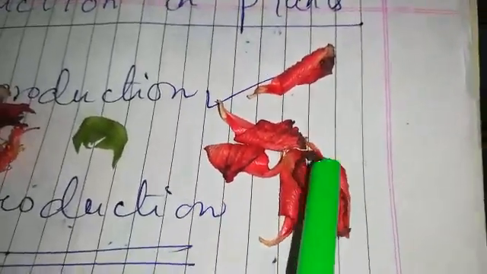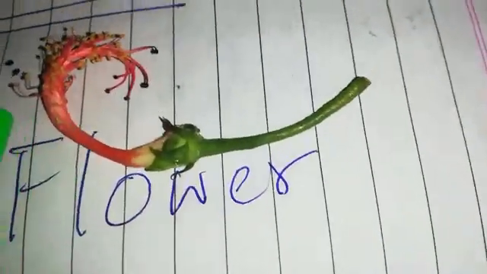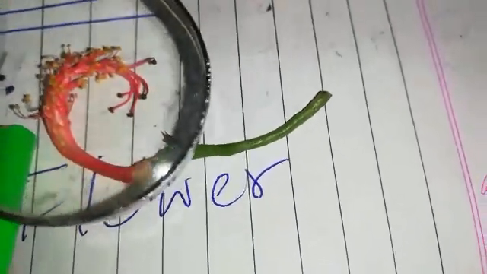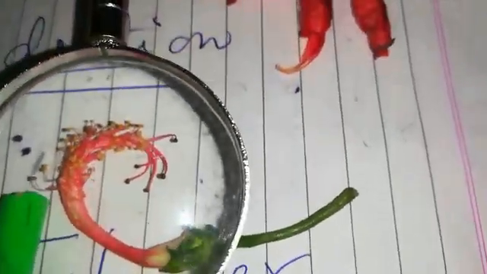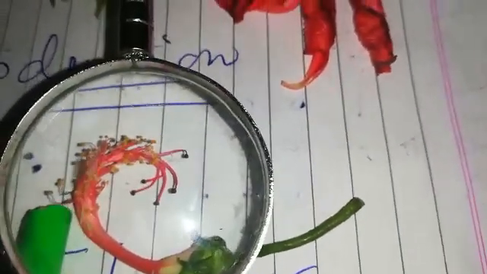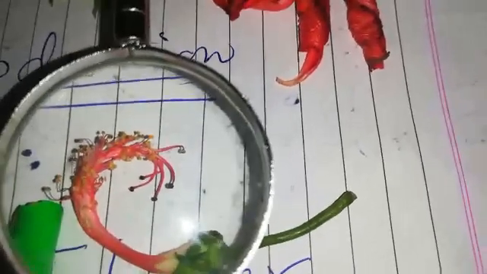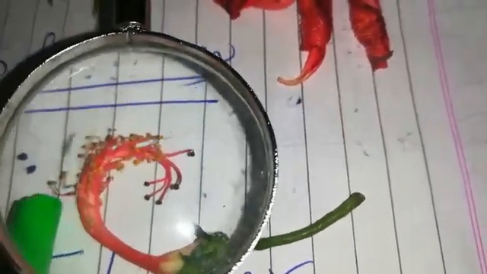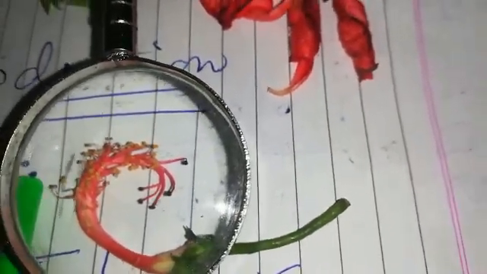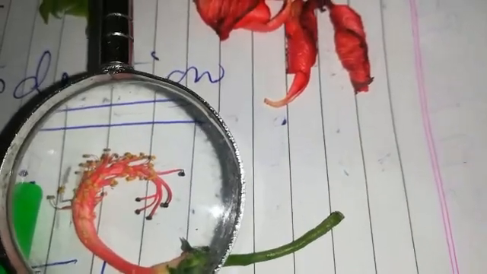The third whorl of the flower is called the androecium. Now where is the androecium? Here you can see the delicate thread-like structures. They are called stamens. The small thread-like structures that you see are called stamens. A stamen consists of this long thread-like filament and a yellow-colored lobe that you see here, called the anther. There are two lobes present there, that is why it is called bilobed.